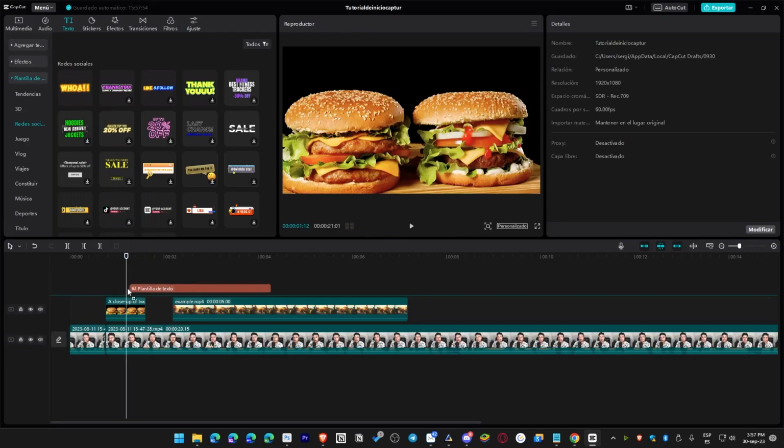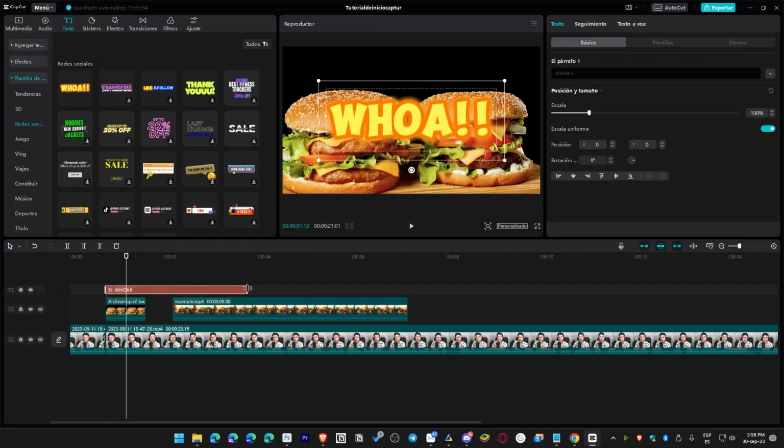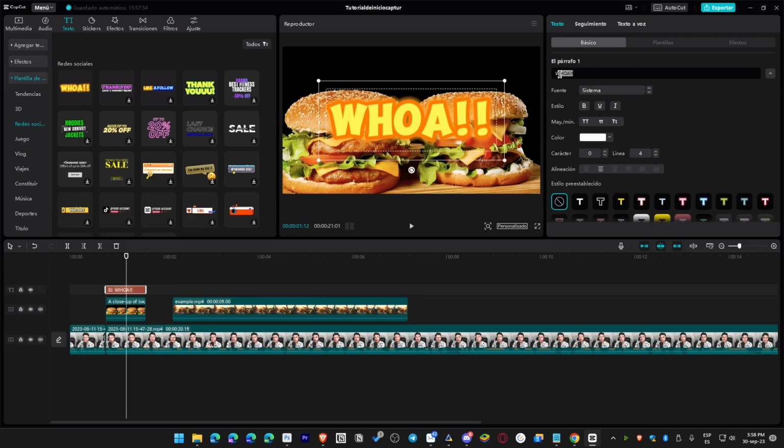For instance, I want this particular one that says wah, and I simply download it and then drag it and position it precisely over the location where I want it to manifest. For example, I want it to appear directly in front of or just above the hamburgers. And to literally modify the text, I double click on it here in the preview tab on this screen. On the right side, it will enable me to edit it, so I simply type hamburgers here and it automatically